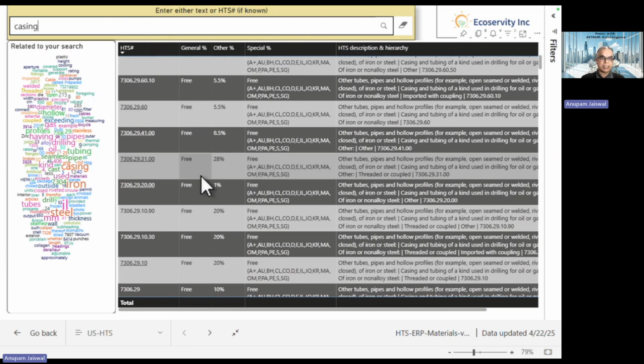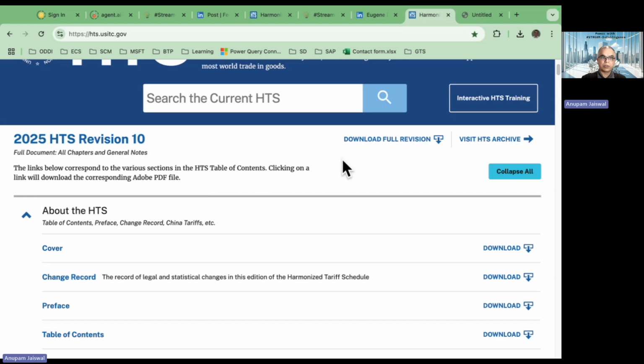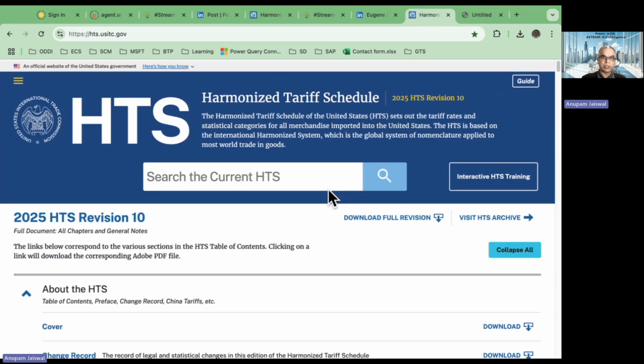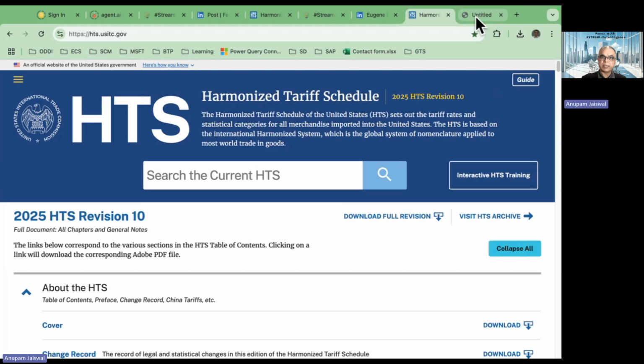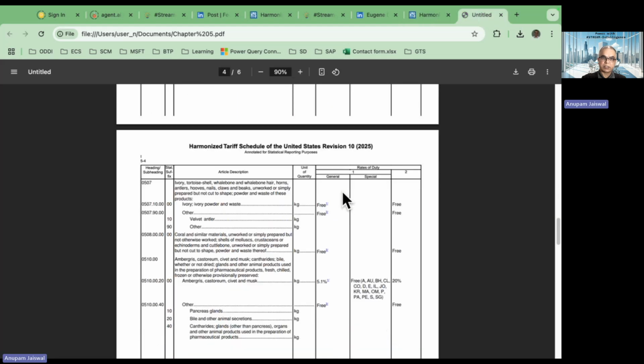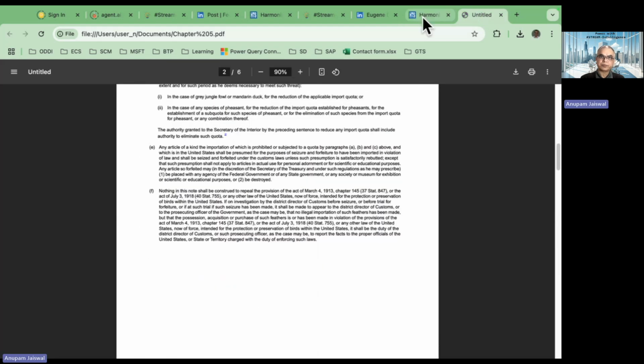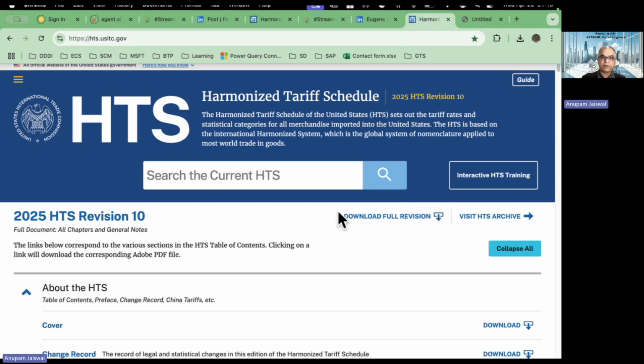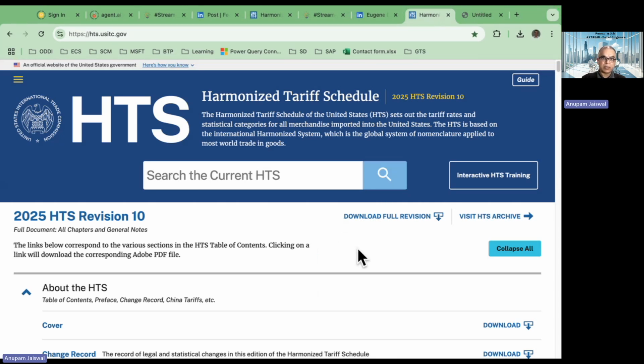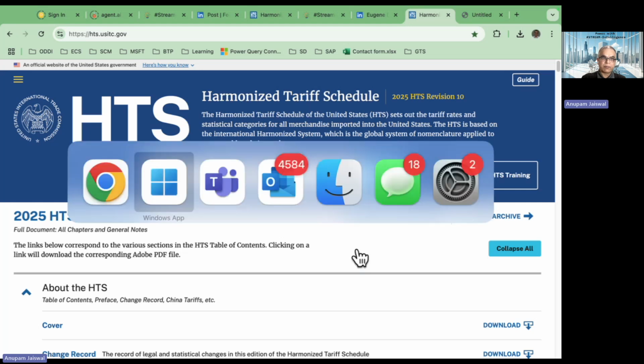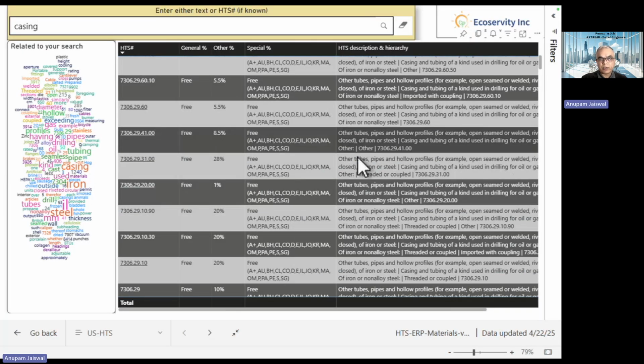So compare this to what you would be doing in the government database and the PDF documents which we would get. So that's the first part of simplifying the journey for the